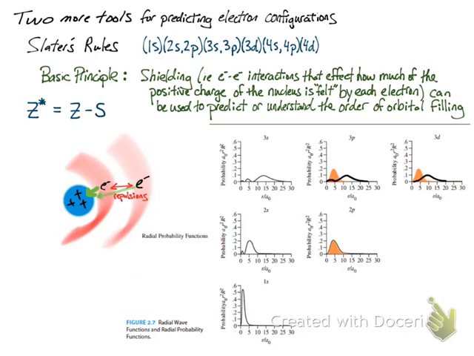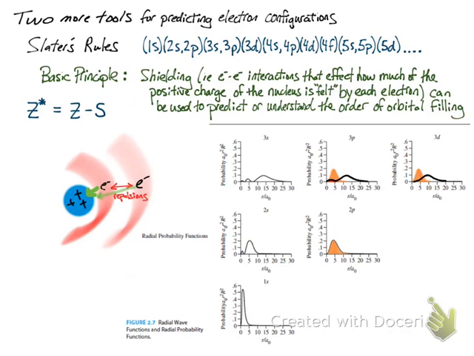And then, of course, the rest of the orbitals are ordered in this fashion, using, again, the radial probability functions and some experimental evidence. And there we go. You will use some numerical values for the level of shielding for each particular set of electrons to calculate S and determine then the Z effective. So, for instance, and I'll let you look at the specific examples in your textbook because they're actually very well written and pretty easy to follow,